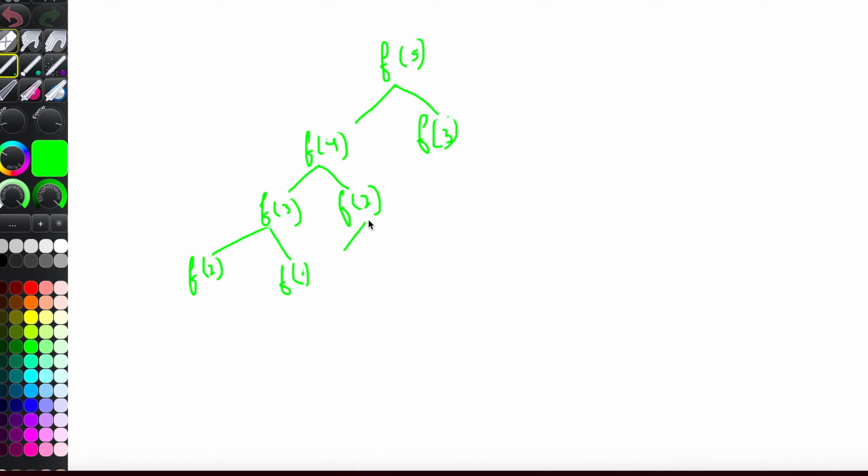Here f of 2 we will be finding as f of 1 plus f of 0. Again we have to compute f of 2. How do we do that? F of 2 will be the sum of the two preceding numbers, f of 1